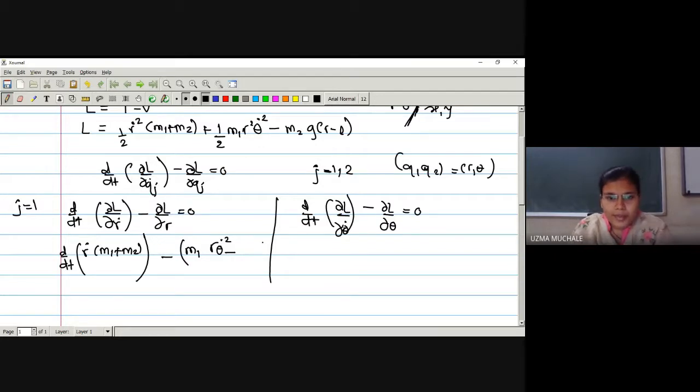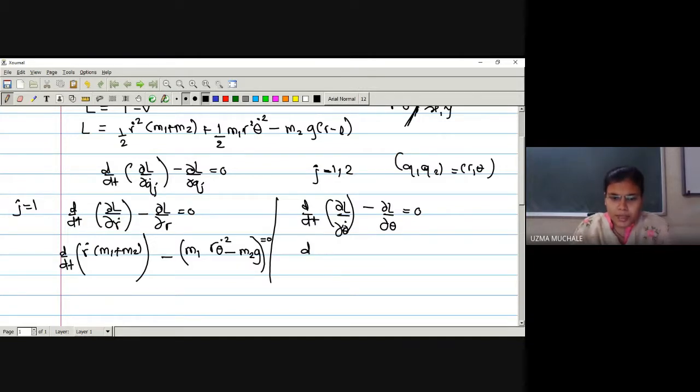If we evaluate the derivative of the third term with respect to r, it will simply be m2 g. The derivative of r with respect to r is 1. L is a constant, so the derivative of m2 g L will be 0. All three are constant, right? So we have these terms, and let me close the bracket, which is equal to 0.